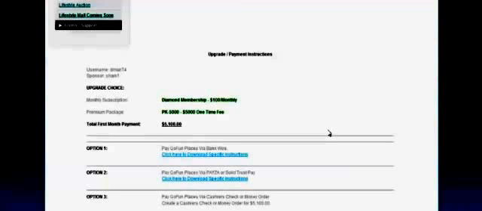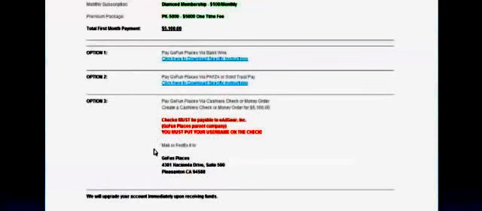And so this is the biggest thing that a lot of people miss the boat on. Right now, the easiest and fastest way, which I get asked daily, what is the easiest and fastest way to get my account going? I pick the package, add $100 to it for the Diamond membership, and then go and get a cashier's check. Okay, and you're going to overnight it. You see down here on option 3, you're going to FedEx, is my suggestion, to Gofun places at this address, 4301 Hacienda Drive, Suite 500. And get a cashier's check and overnight it.